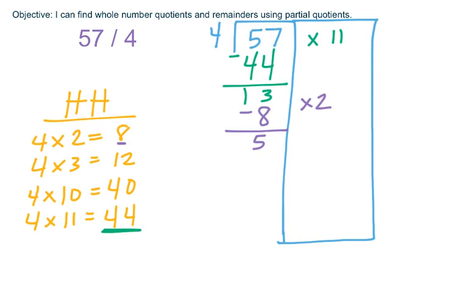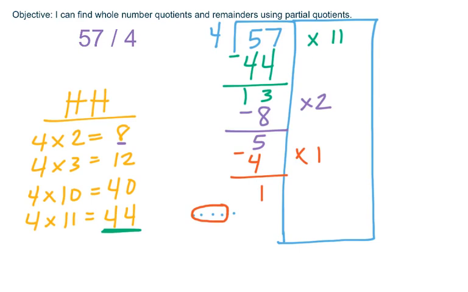Well, if I think about this just visually, and I have a group of 5 ones, well, I know that I can get a group of 4 out because if I think about an array model, my goal was to group them together. And I can get one more group out of it. And I know that 4 times 1 equals 4, which is going to get me that last group. And when I subtract, I get a remainder of 1, which I know must be my final remainder because it's